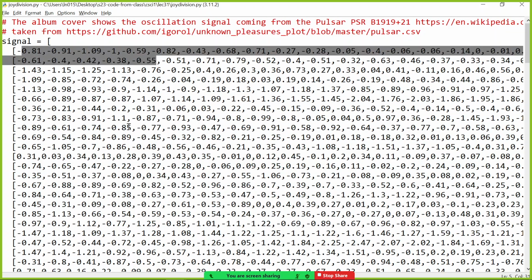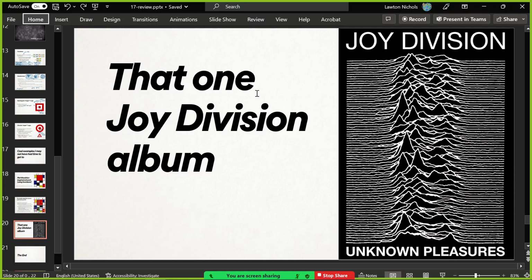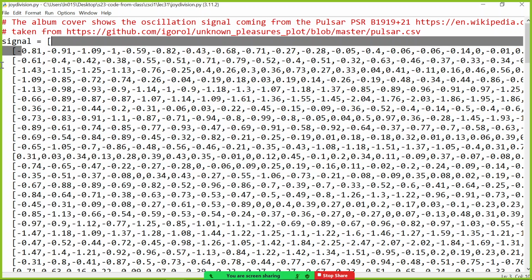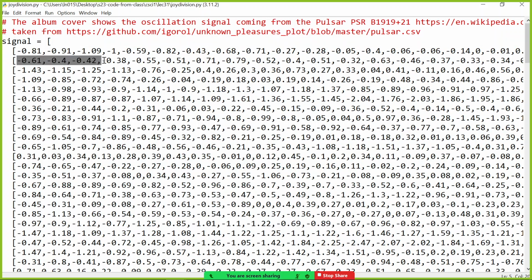And each of these could be corresponding to a line in the album artwork. This is the graph that they made for their paper, and it was so cool they put it on an album. So how could you draw this? Start the turtle down here, move him down some more, move him down some more, move him up a little bit, move him up some more, move him down some more. It's the relative difference between those readings. And this is a single line, and this is a brand new line. It's kind of overwriting the previous one because it's running out of room.